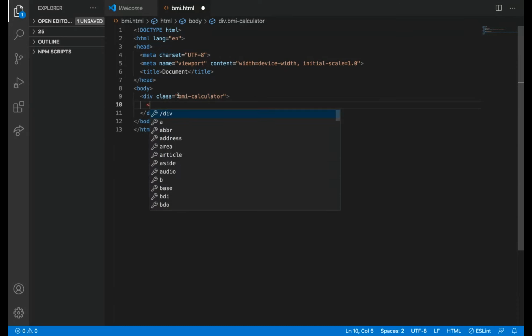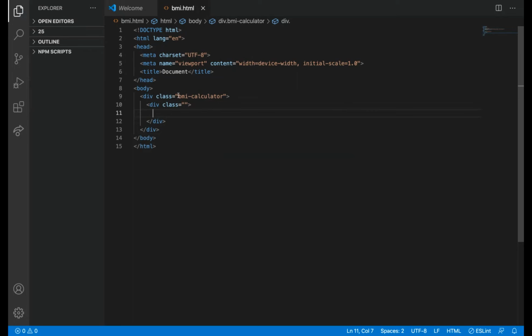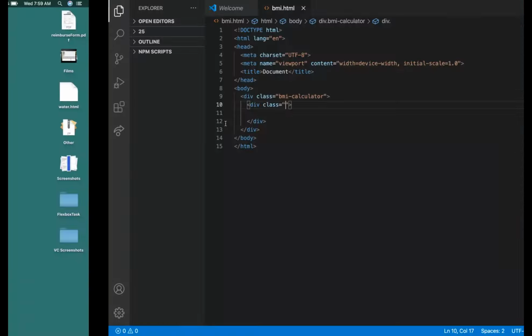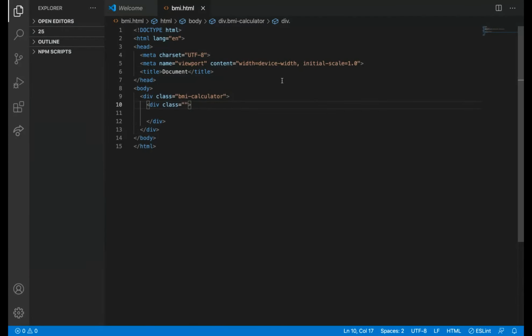I'm having a div with BMI calculator. Wait, we will check styling.